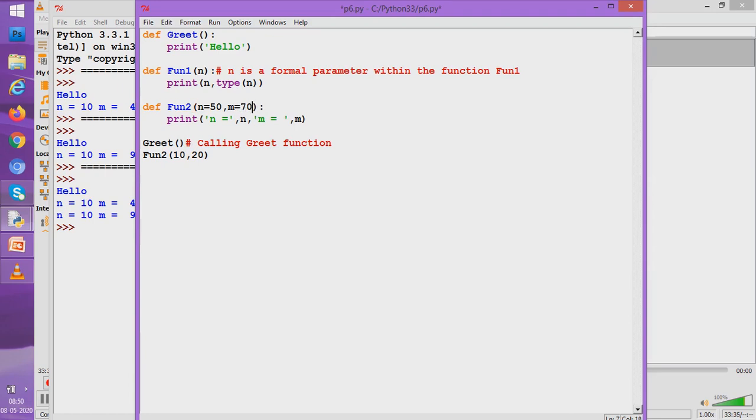The rightmost variable should have a default value first, then you can give a default value to the just left variable, then to the left of that, and in this way. That means you have to give default values from right to left. Understood, students? Default values should be given from right to left. Now see, it is working fine for us.